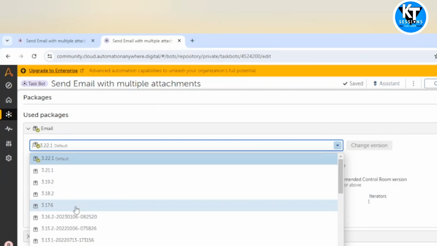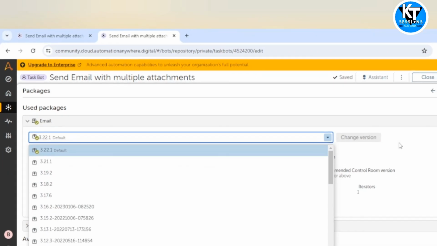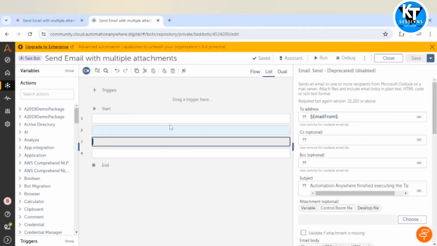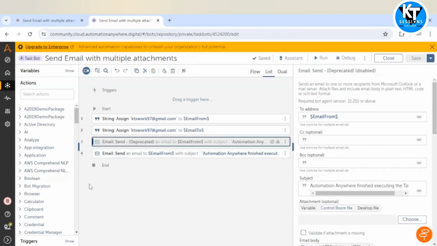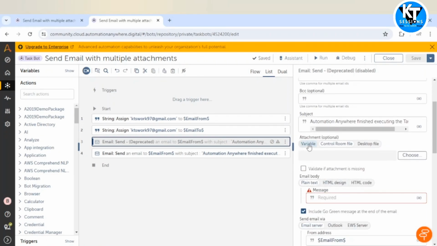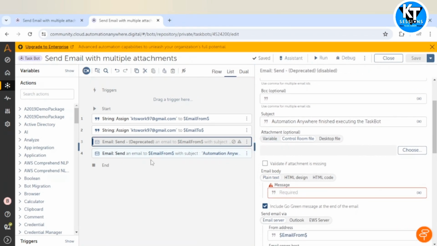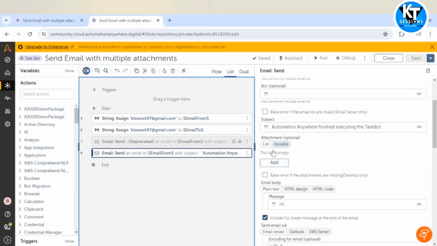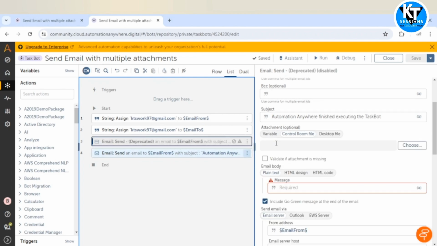So you can check your package version first, and then you can downgrade or upgrade that version to use the desired option. If you want to use the old option, then you can go for an old package, and if you want to use the latest list option, then you can update your package version to default. All right. So we will see the use of both the actions.